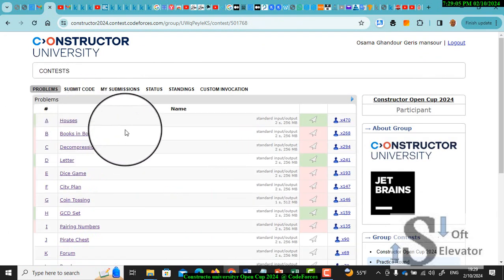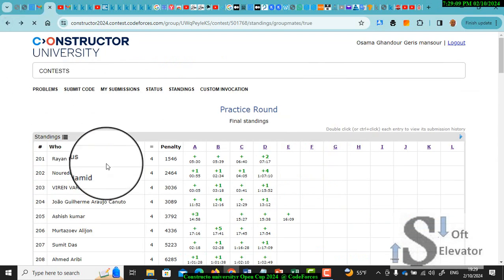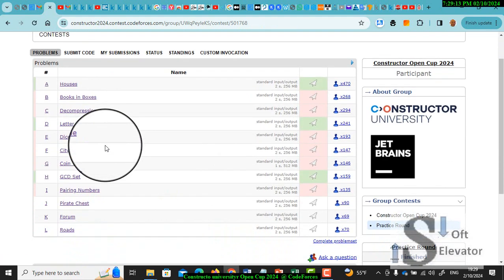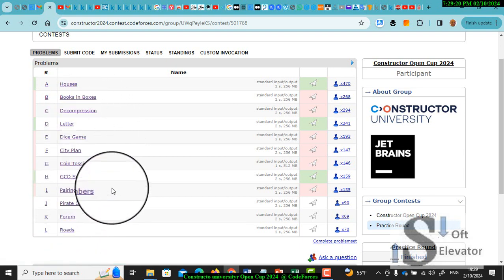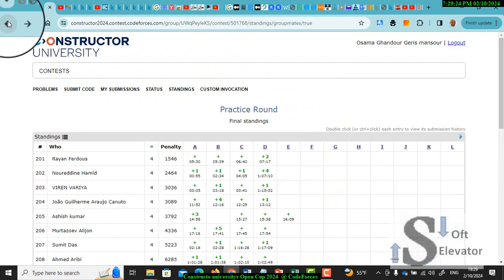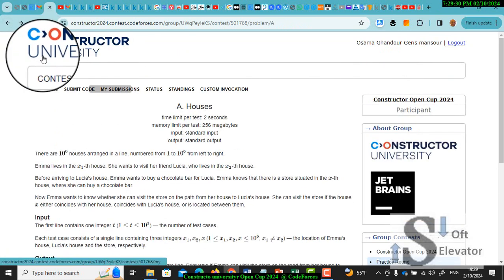After practicing these problems, you should prepare for that. These problems are not for one day. This is about 1 week. It takes about 10 days or 8 days to solve these problems. So you are learning and practicing solving these problems. And after practicing, you have the final contest. The contest is about 4 hours.